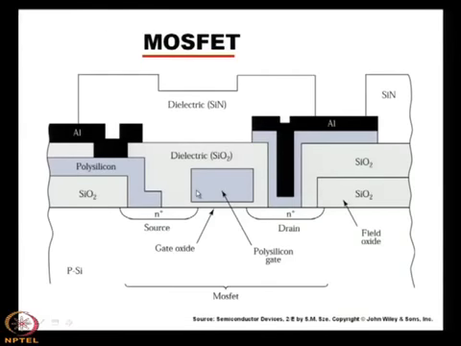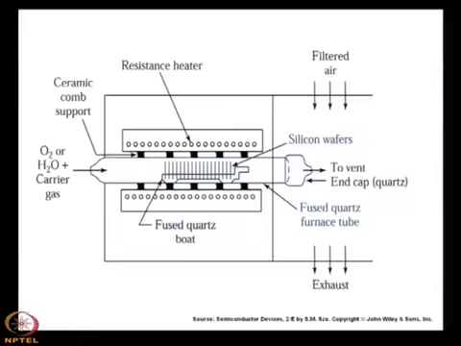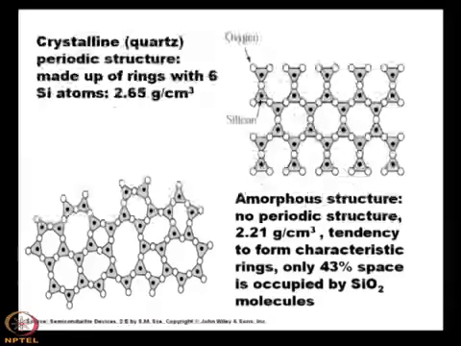And in this oxidation step, a very good quality gate oxide is required, otherwise the leakage current will increase like anything, and because the leakage current will increase, the interface states will also be more. So, the gate oxide must have good electrical properties, and this can be achieved if we use the oxide grown by the dry oxygen method. So, that is an important consideration in case of the